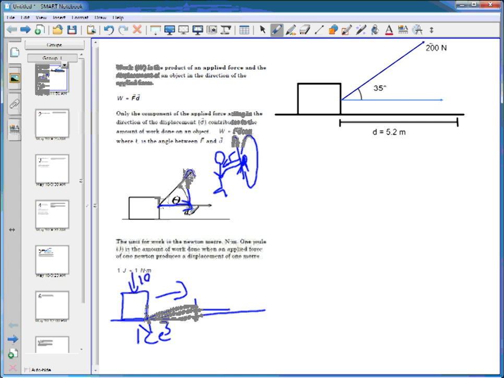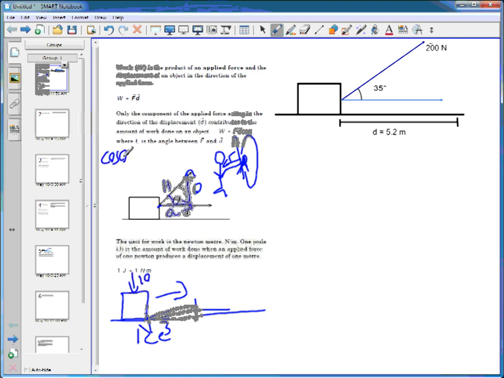It is only the horizontal component that is used in the calculation of work. How do we know what the horizontal component is? Well, our understanding of trigonometry tells us that if this is the hypotenuse, this is the opposite side, and this is the adjacent side to the angle theta, then